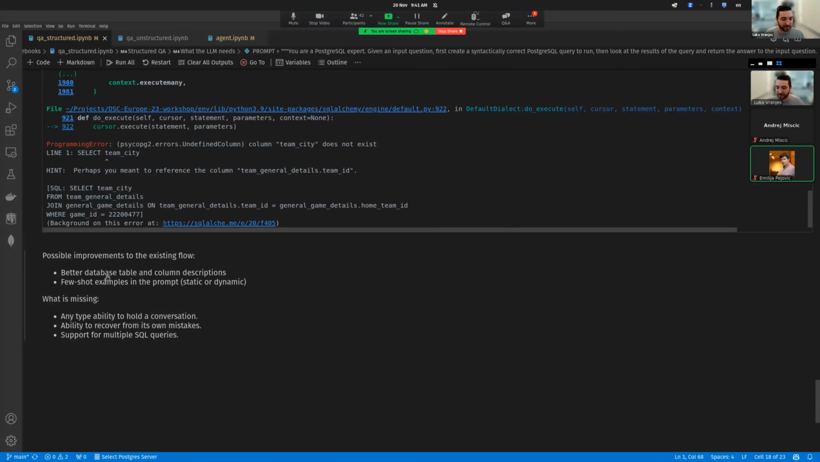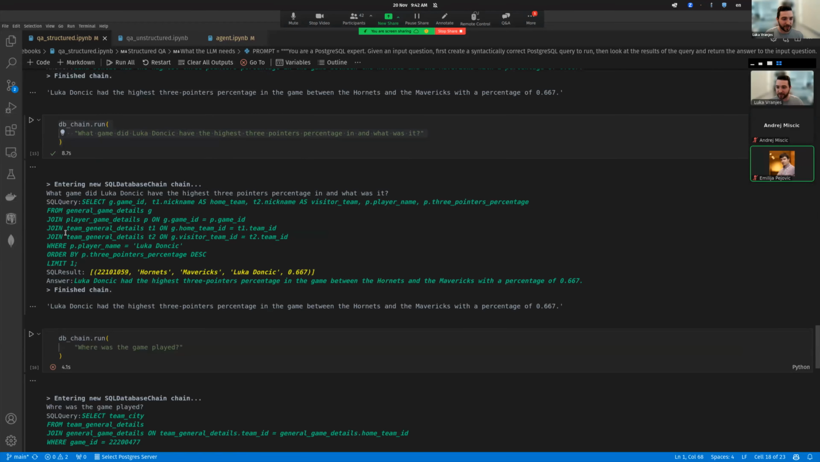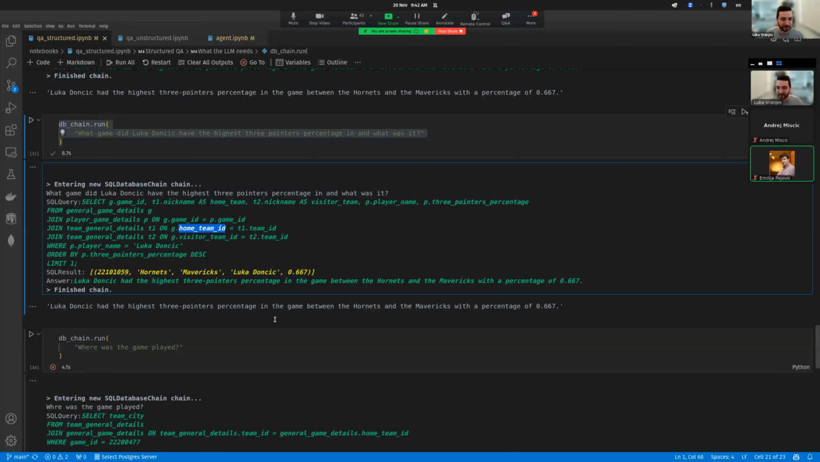We will solve most of these problems later. What we won't solve is the possible improvements to the existing flow, what we have already implemented. The first possible improvement: we have descriptive names of tables and columns in our database, but what we don't have is additional descriptions, which really help. For example, there might be columns in the database where it makes sense to never perform exact matches, like player name Luka Doncic. What if I only wanted to know who the best Luka is? Right now, what the